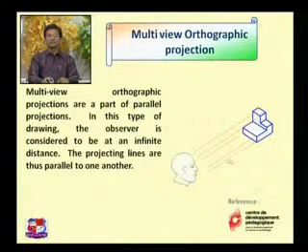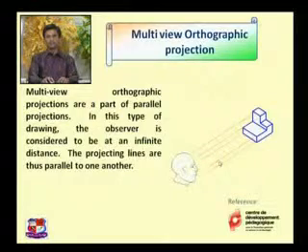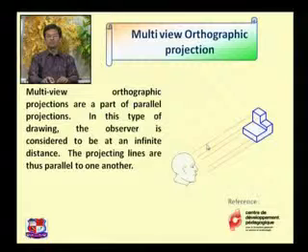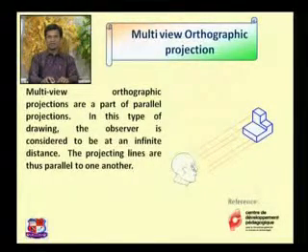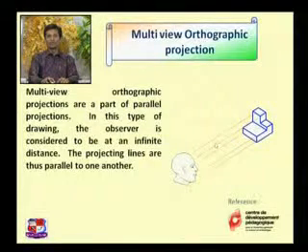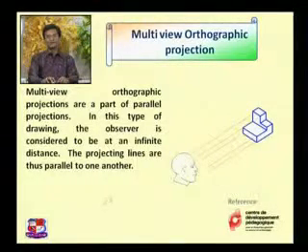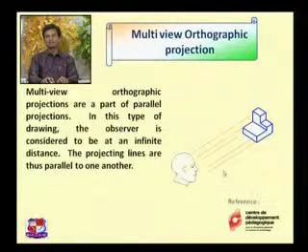So these lines would not be parallel to each other, as shown over here. Actually, these lines would converge at the eye of an observer. All these lines would be concurrent. They would meet at this point, that is, the eye of the observer. So this line would be drawn like this. So here, if the observer is at an infinite distance, all these lines could be considered as parallel lines, and